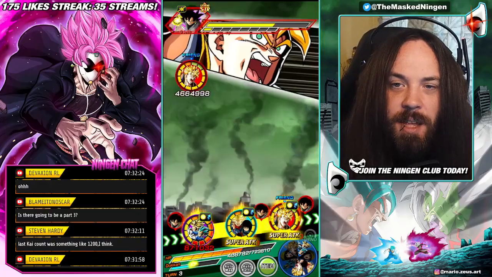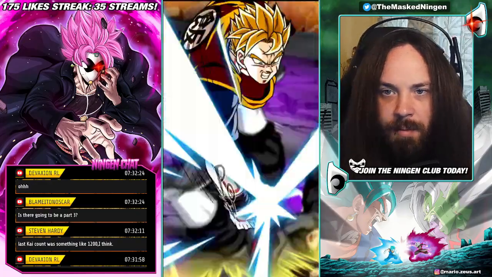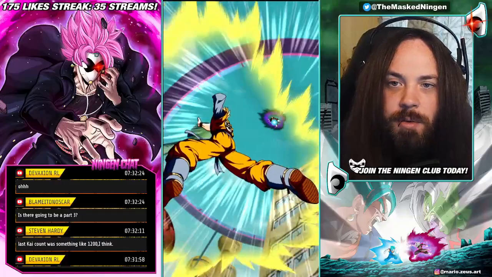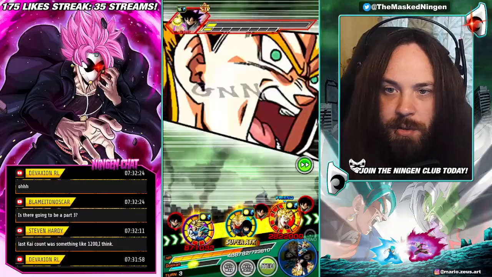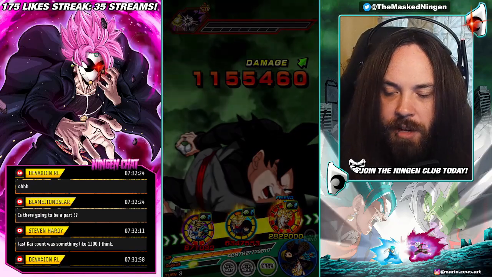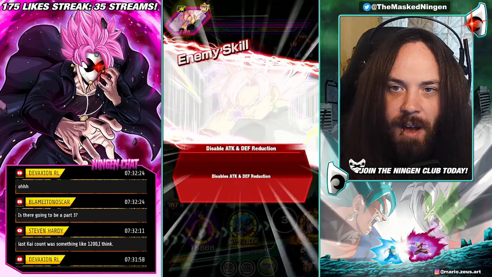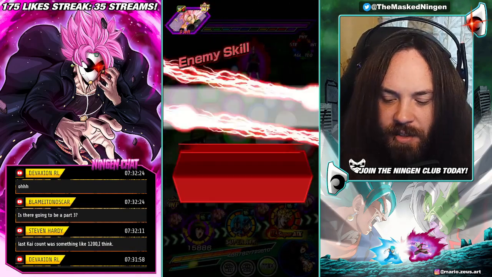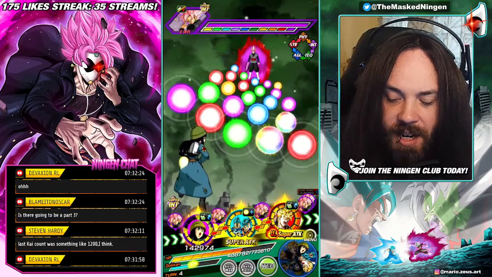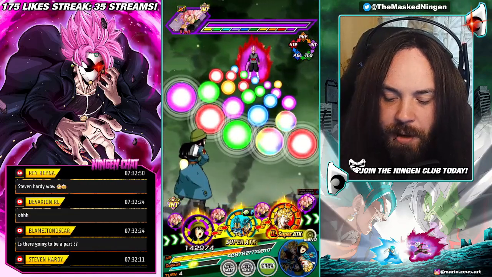So it is something you have to be very careful about. For example, if we're going to use it in this stage, we ideally want to use it in a section where we've either got loads of support. Like, if I use it on the turn where we use Vegeta and Trunks' active skill and we have Mai in slot 3, then their defense is going to be very high at the start of the turn, which, I mean, technically means they lose a lot more because they're...